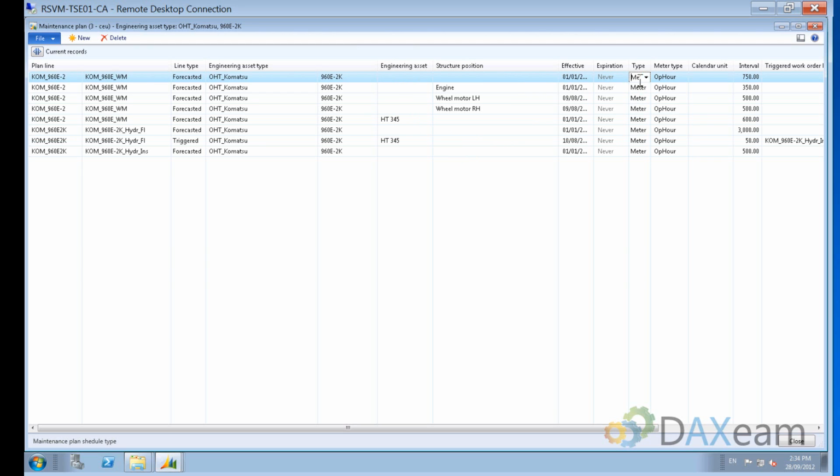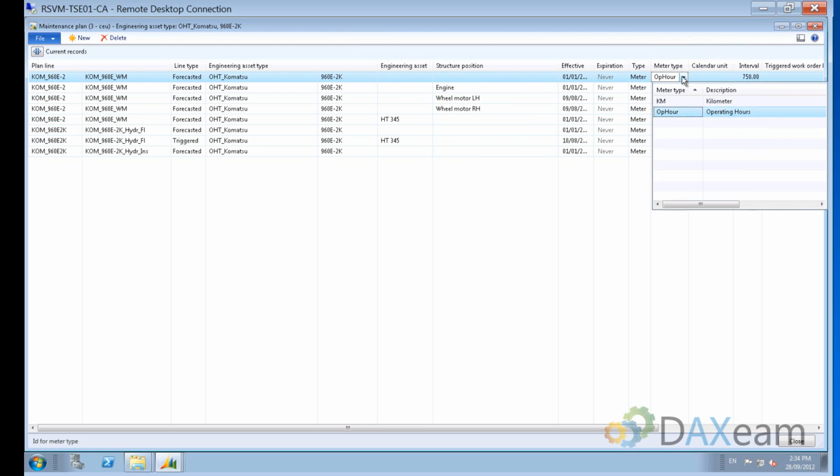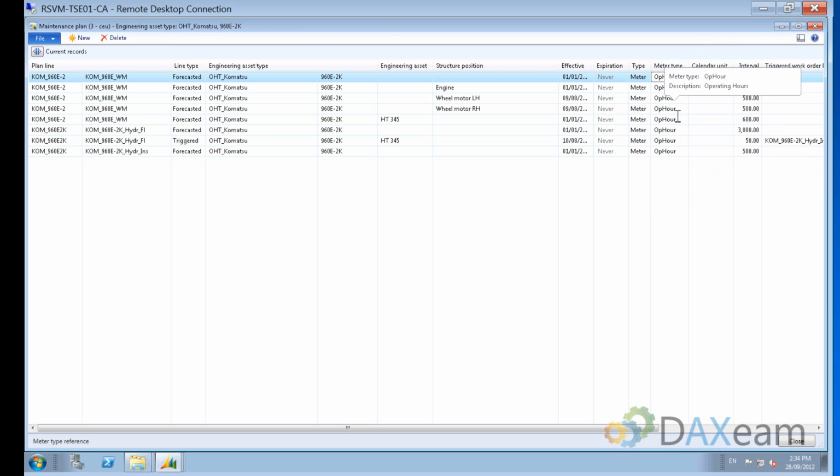In this case, we've chosen meters, and we've chosen op hours. You'll recall when we set up the asset that we had kilometers and operating hours. We have chosen the interval to be 750 hours when this work order inspection type would be generated when we ran the maintenance process. For the triggered maintenance plan,